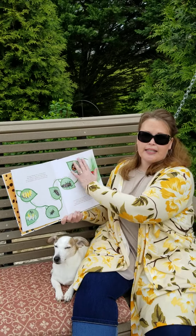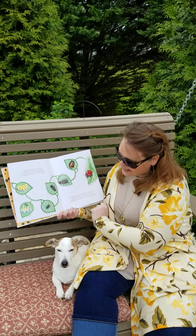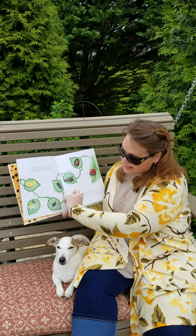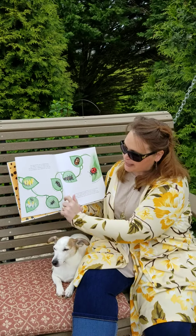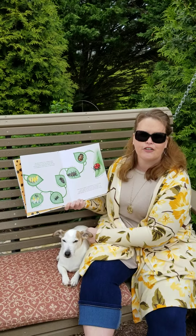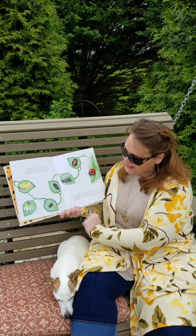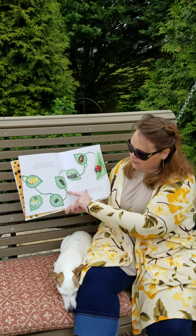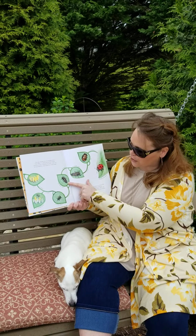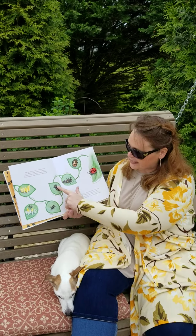So this is showing us the life cycle of a ladybug. So we start with the egg, which is 6 to 7 days, then we have that first instar phase where the larva comes out of the egg, and the very first thing that they're going to eat is the shell of that egg. So 5 to 7 days later, we have that second instar larva phase, and then another 5 to 7 days, we go through the third, and then another 5 to 7, we have our fourth, and you can see the